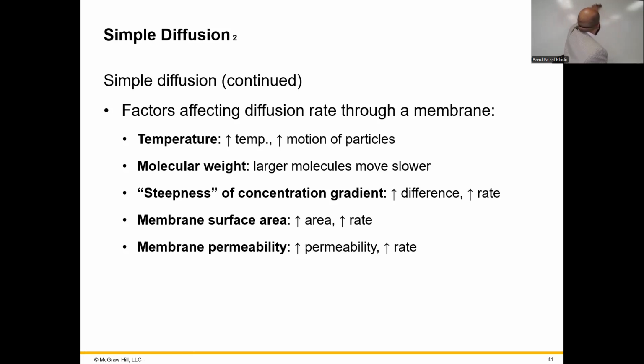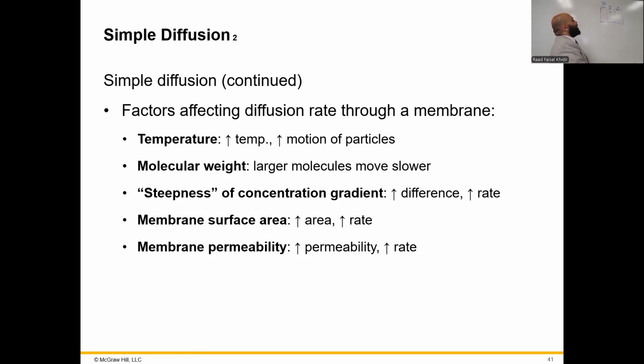If you had something like this, let's say you had a beaker divided into 3 regions. One is 700 millimoles of glucose. One is 100 millimoles of glucose. And one is 300 millimoles of glucose. Then you open up the differentially permeable membrane and allow